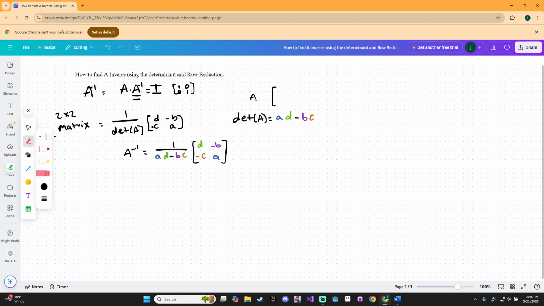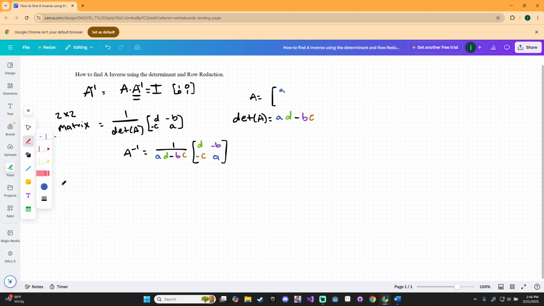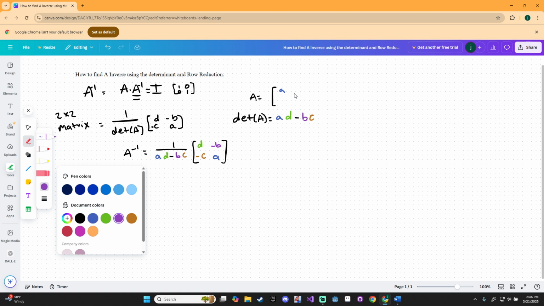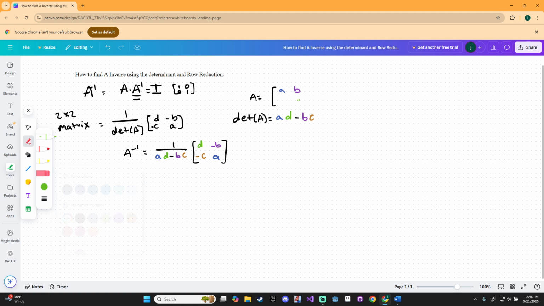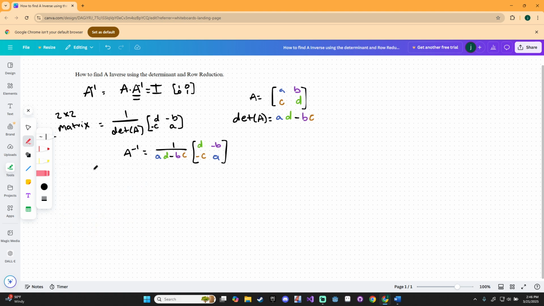So if A is equal to this matrix, with A, D being in the top right, D in the bottom right, and C in the bottom left. When we're trying to find the inverse of this matrix, this is the equation that we can use for that. So an example of this,